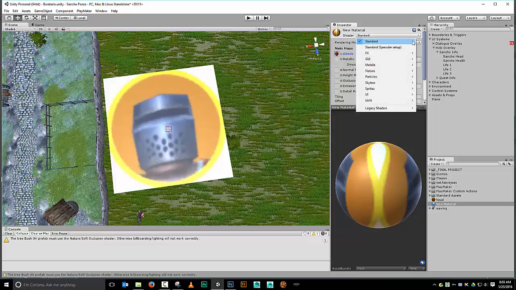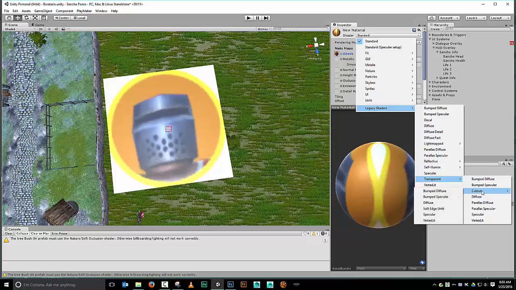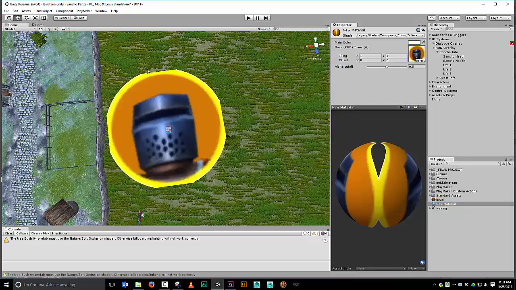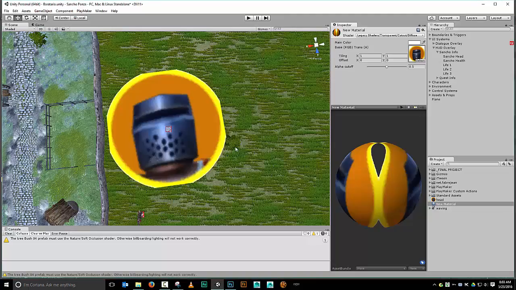We'll go from standard down here to legacy shaders, down here to transparent, to cutout, to diffuse, because I don't have any bump information on it, and there it goes. And notice the transparent information was pulled straight out of what we just created here in Photoshop. We just created that alpha channel, and you can see how once we went to a cutout, it just pulled that transparent information right out of that alpha channel and just dropped it right into there and gave us a really nice transparency. Okay, yeah, we've got these squares there, but this was thrown together really quick just as a